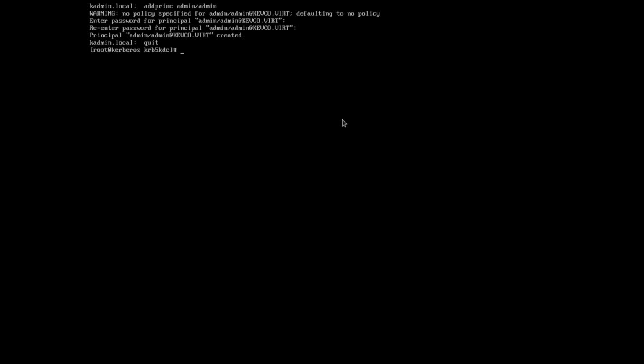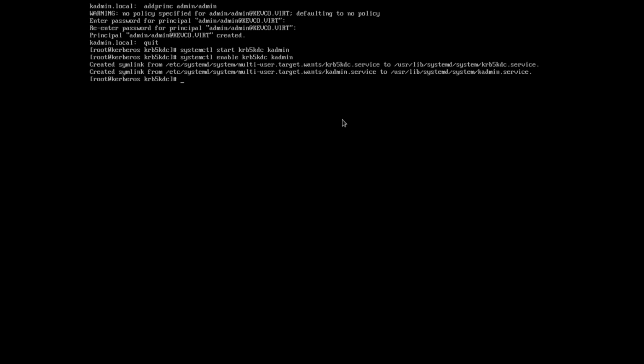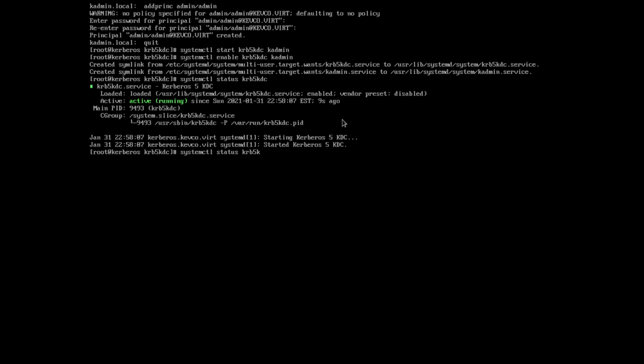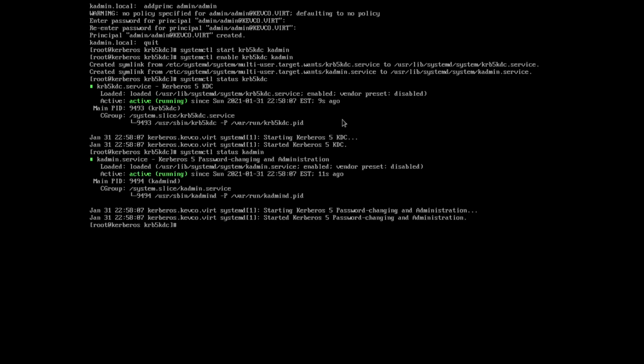And now we should be good to start and enable our service. So I will run systemctl start krb5kdc and kadmin. And I'll enable that service so that it starts on boot, and we can check that using status. Obviously, here we go. It's running, and kadmin is running as well. And now we're all good, and we should be able to continue our work from here to add a principal